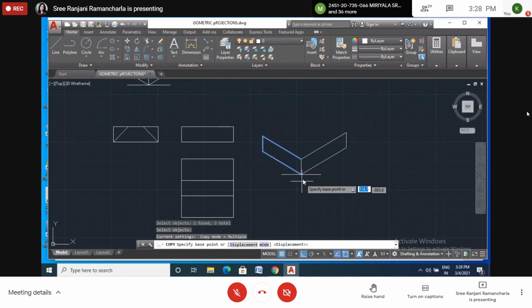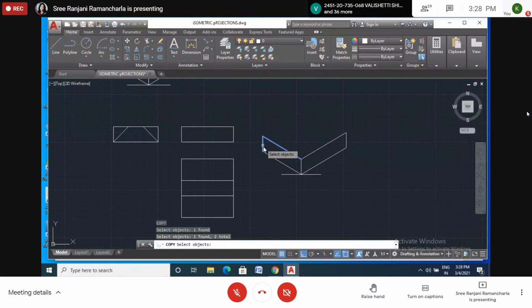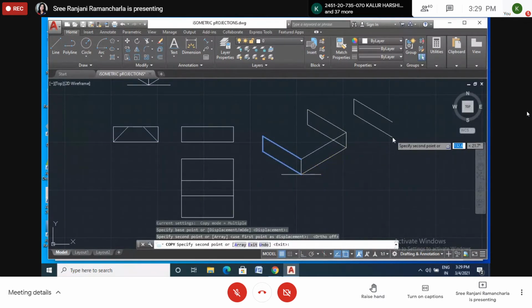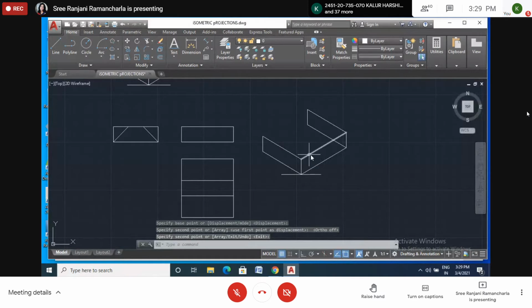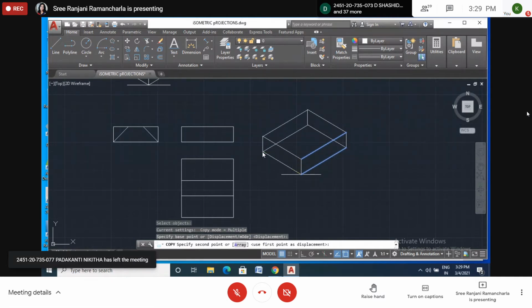Base point, displacement point. Copy. And these 2 lines also I want to copy. Copy command. Select these 2 lines. Enter. Displacement point and copy. Okay.